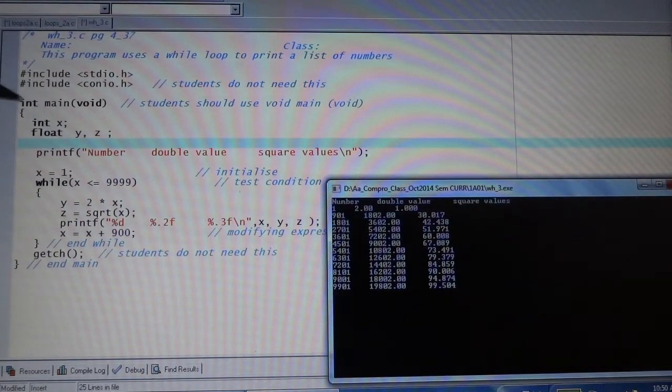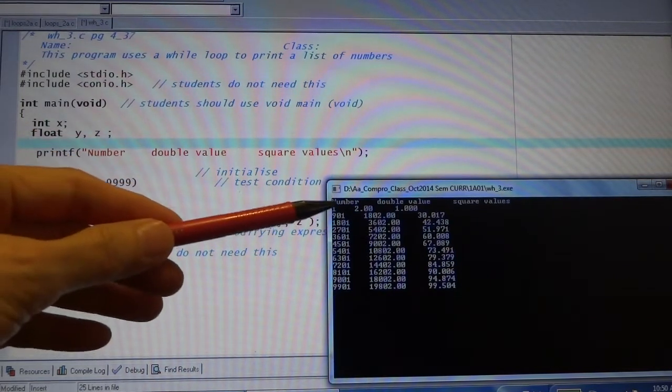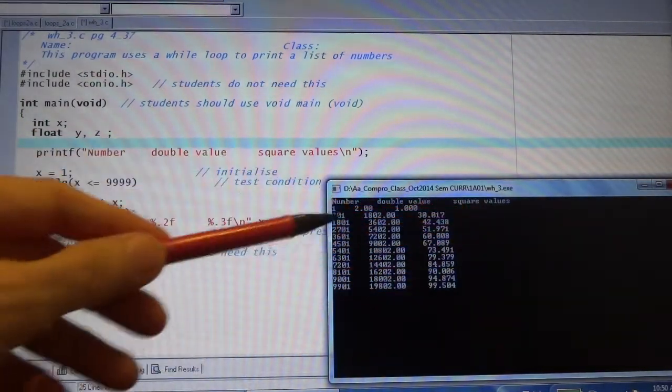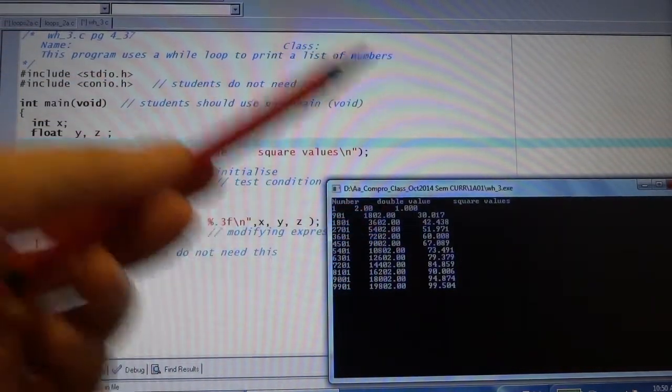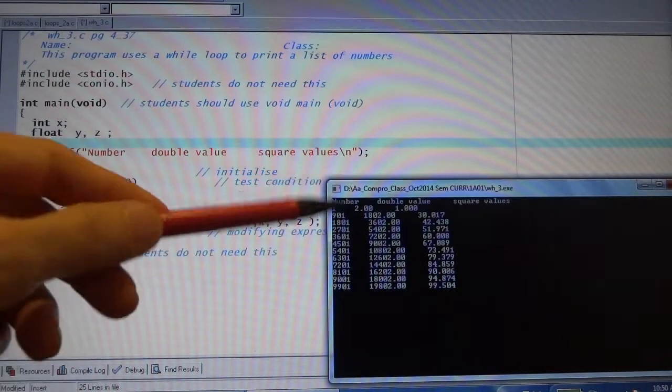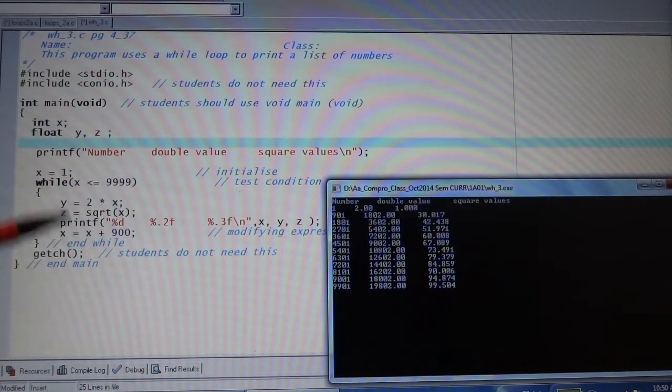Okay, now let us see how it works. First, it prints the heading, the title: first column, second column, third column. I know the output is not nice. That is what I'm going to explain to you, how to make it better. But before I proceed to that, let us see how the program works first